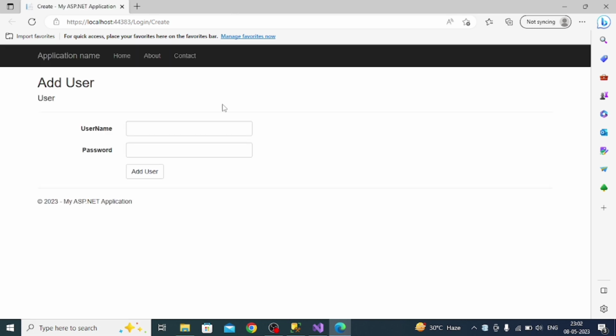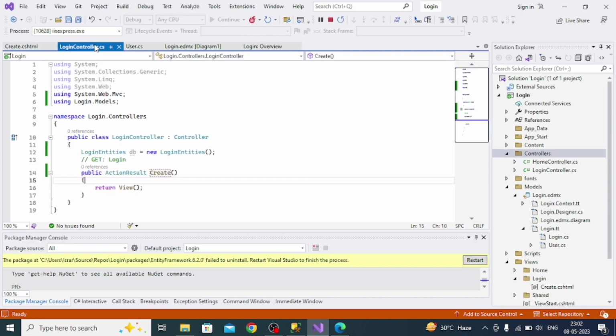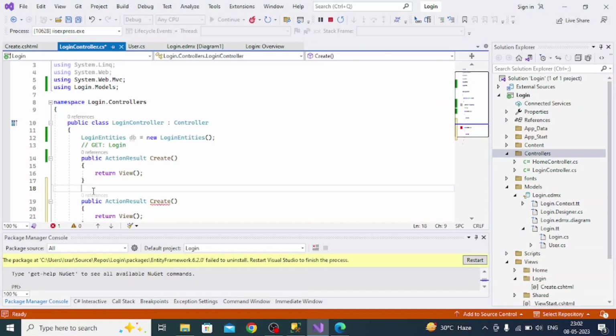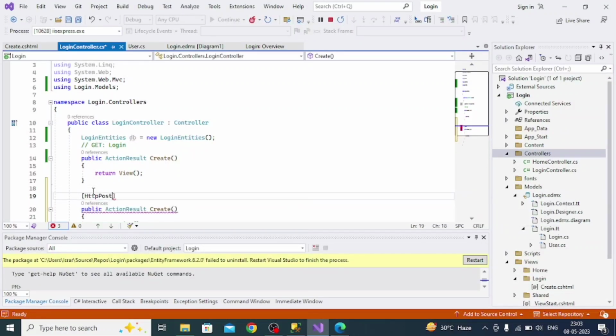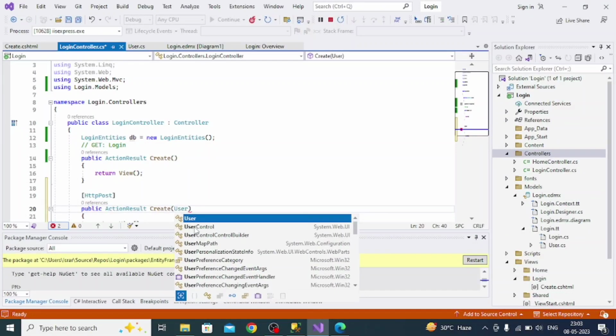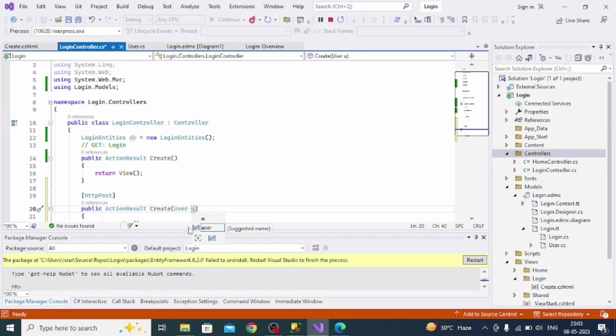So this is the UI site form which is coming up. In this we have to write the data and submit it to add the user. So for that we have to go to the login controller, and in this we have to create an HTTP post method. So we will copy this and paste it. Above it we will write HTTP post. Then here we have to mention user view to receive the value, and we will check